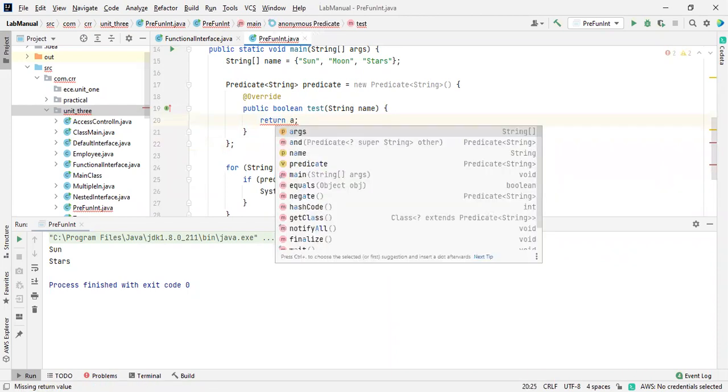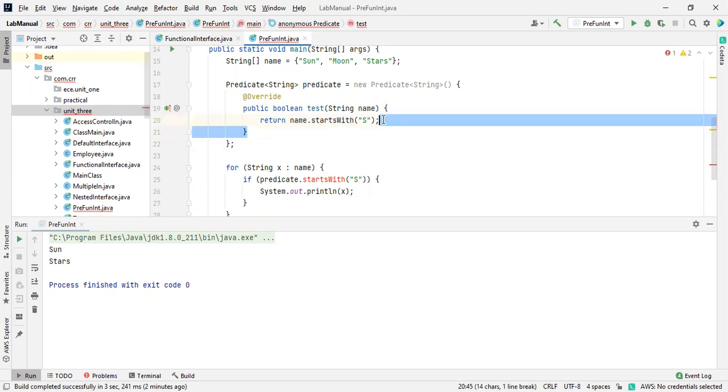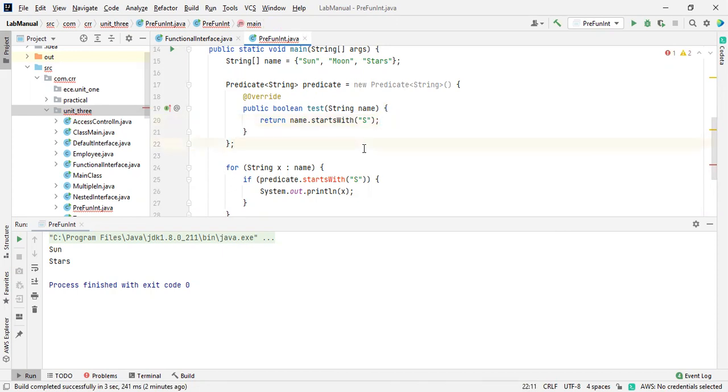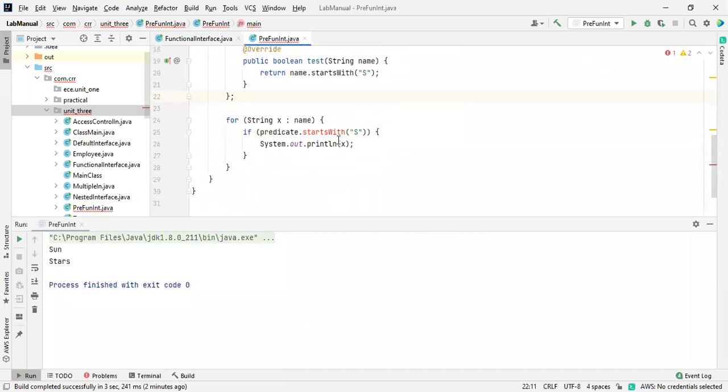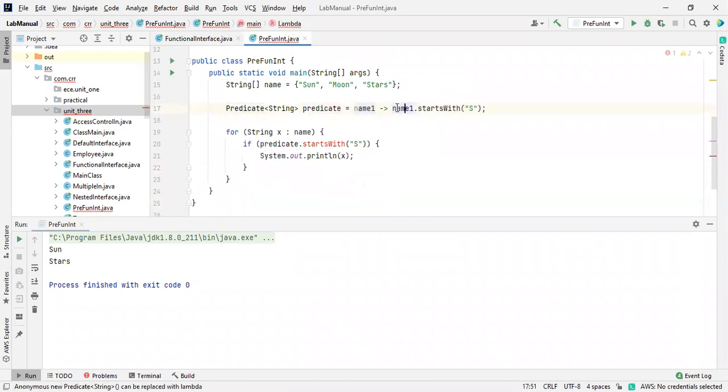Name dot starts with capital S. That is the problem, I think. It should have thrown the error, but here it is not accepting this. Predicate is like a string. Then why is it showing an error? What I mentioned before was correct, and it is not recognizing it as a string. Yeah, I will tell you about this later.